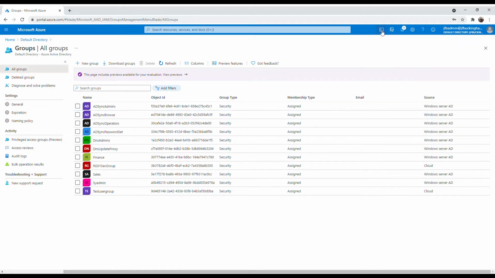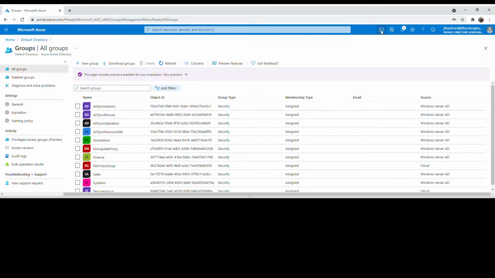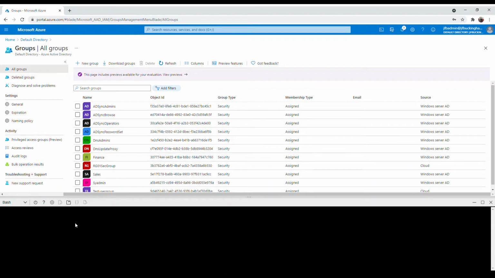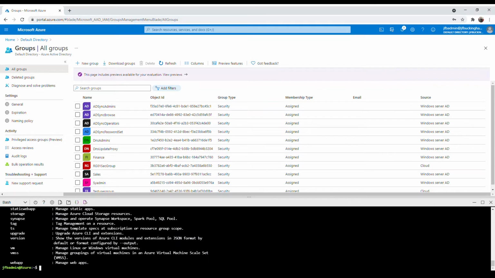So now let's go to the CLI. We open up the Cloud Shell from the corner. There you go. We wait until it logs into the environment. Again, there is a Bash environment and a PowerShell environment depending on what you're going to use. We're going to use Bash in this, so we start the CLI environment through az. There you go. And we are going to use the az ad group